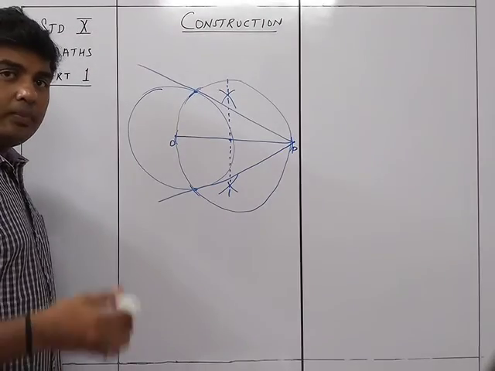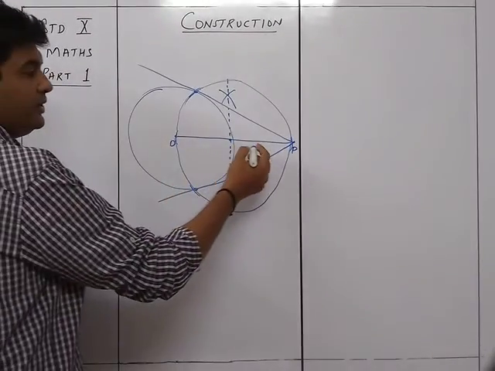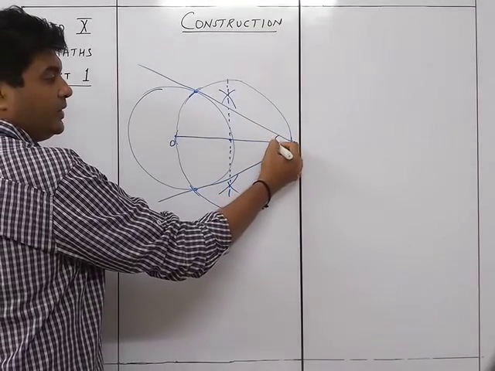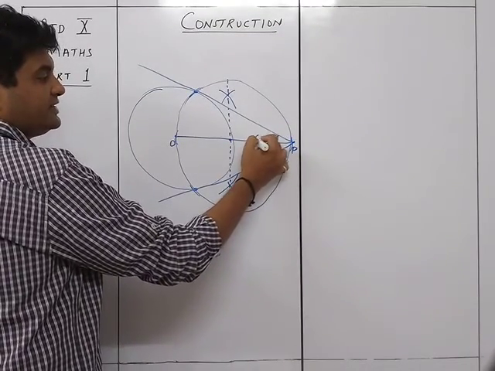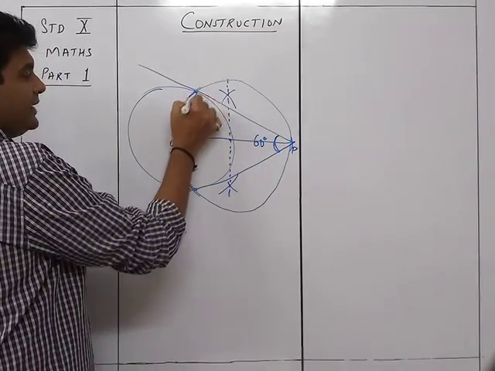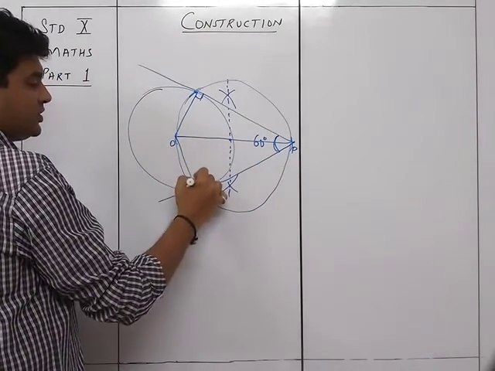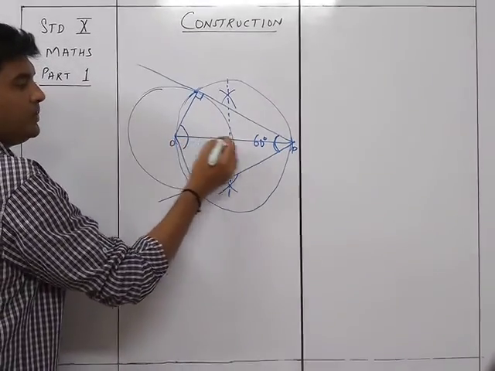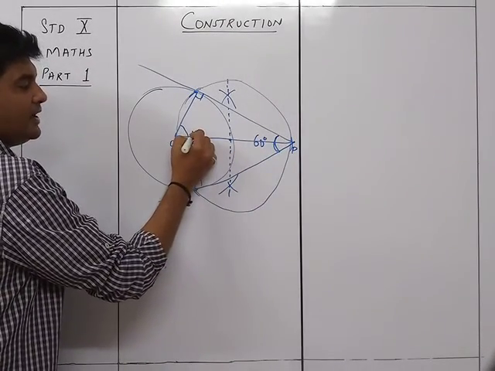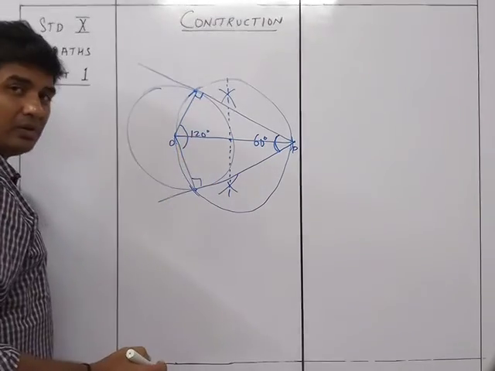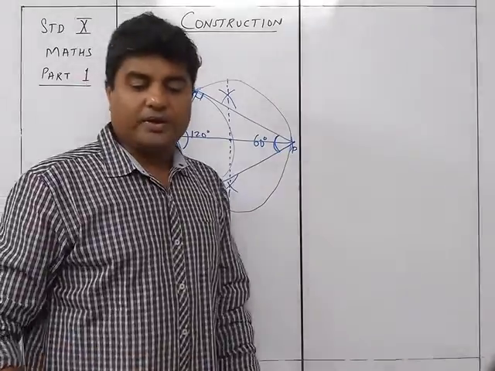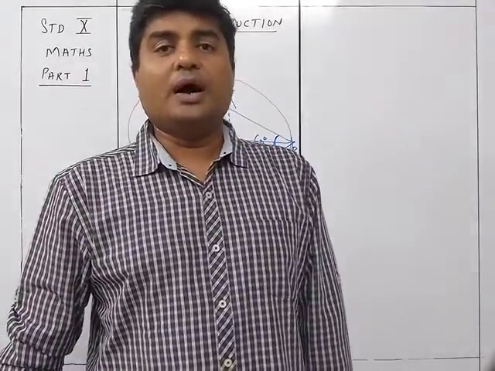There is one more important thing over here. If I am not given the point but I am given the angle between these two, let's say it is 60 degrees, I know very well that this is 90 degrees and this is also 90 degrees because they are the tangents, so this angle over here will be 180 minus 60, that is 120 degrees. Okay, this is the important part. We will be using this thing in one of the sums, so that you come to know why I asked you to understand this part.